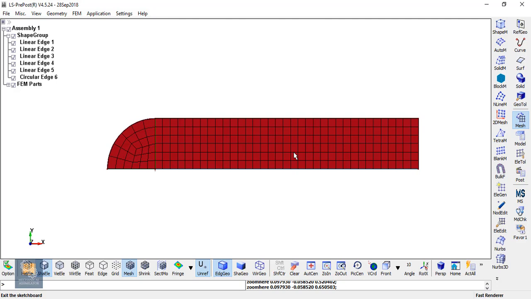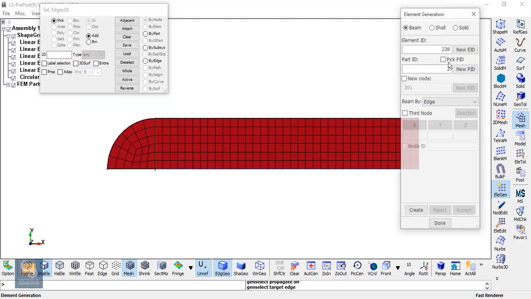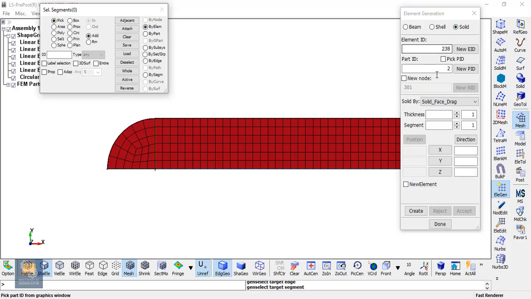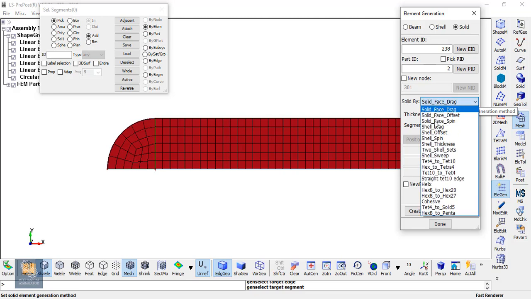It is now important, or we can do the revolution of the meshed profile by selecting element generation. Toggle the beam to solid and we have to now select solid by shell spin.